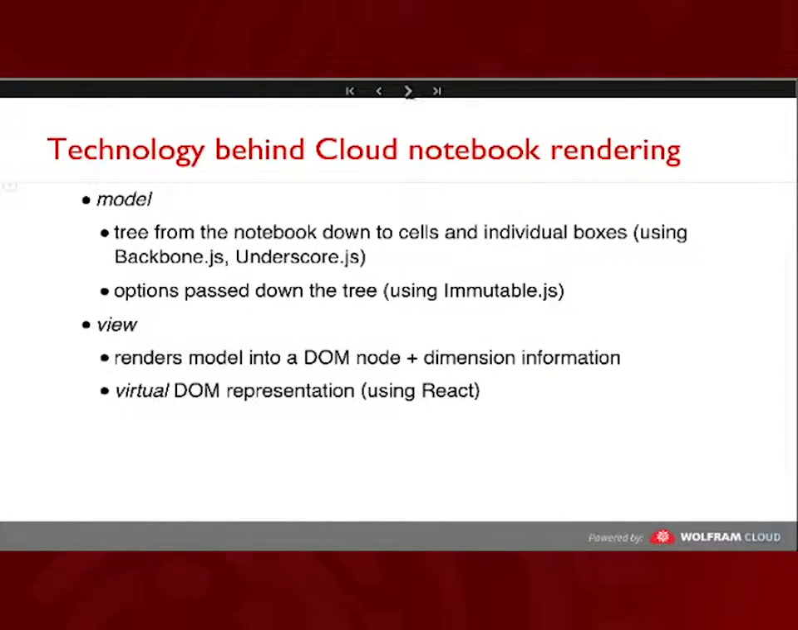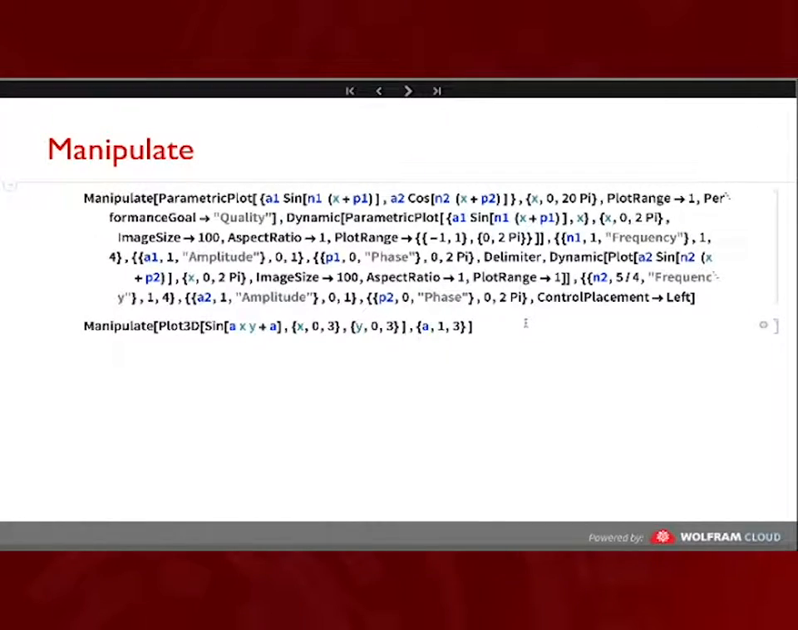Okay, so that's about some of the things we do in terms of the JavaScript client. Now, I just want to show some of the things that work that have never worked before in cloud notebooks. And one very important use case is, of course, Manipulate. So if you have a rather complex Manipulate like this here,